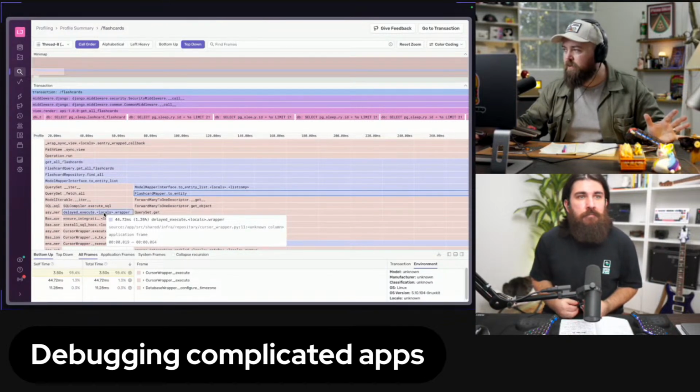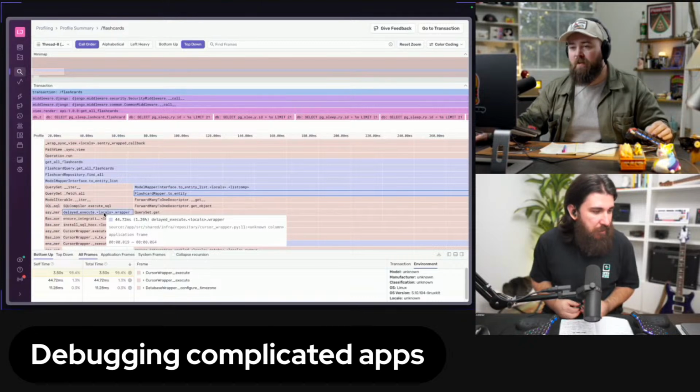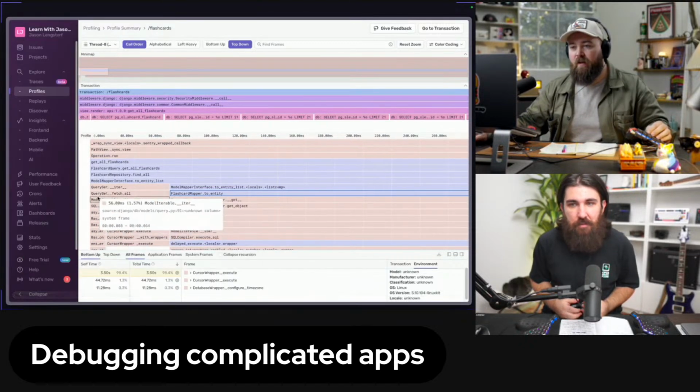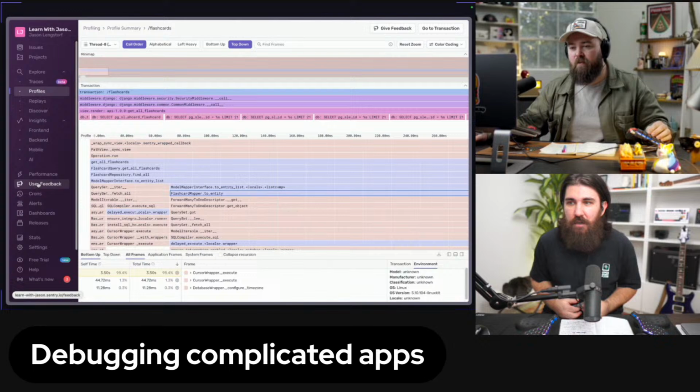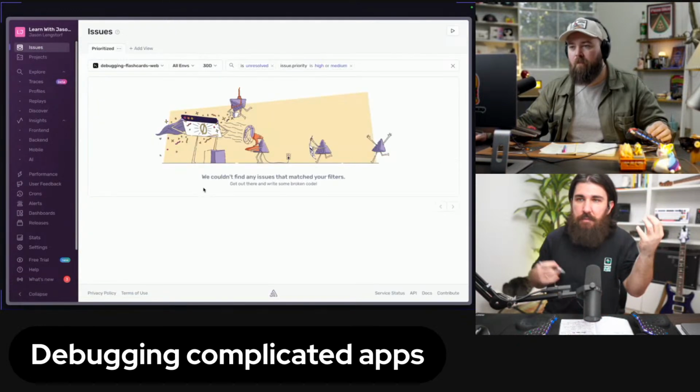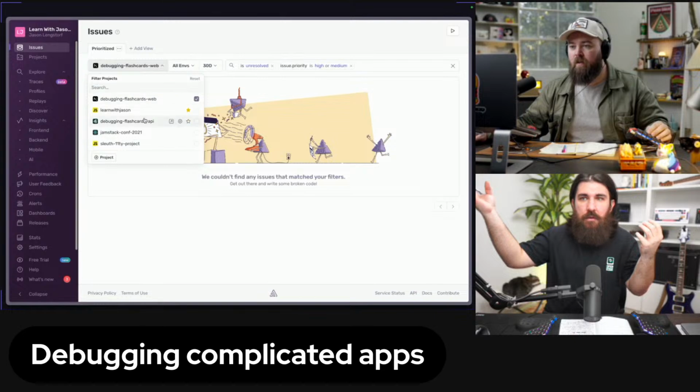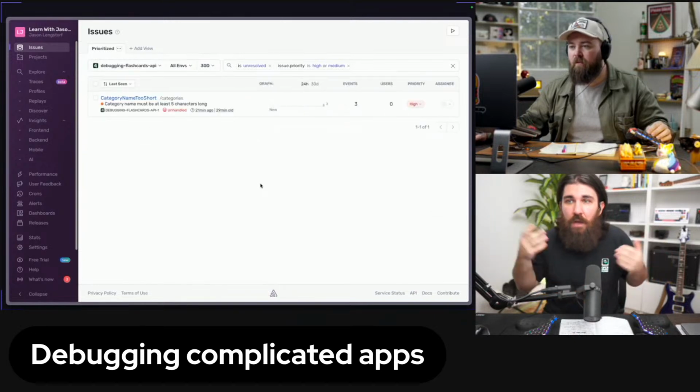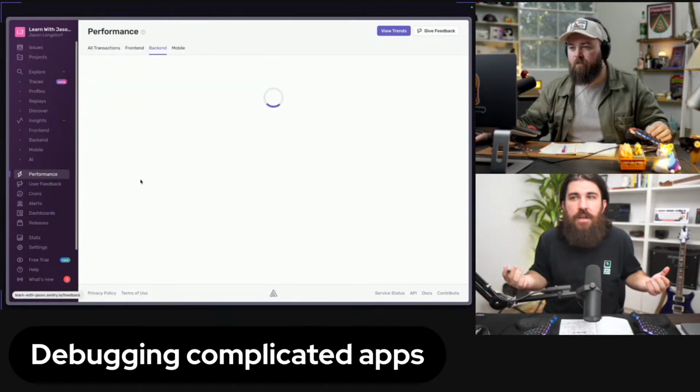6 minutes left. Anything else you wanted to show? No, these are the tools that can help you debug complex applications, even for issues that you don't know exist, or issues that are caused from one space but erupt from a different space, a whack-a-mole type of situation, or even issues that are not really issues. There are no crashes. Your app is just slow.